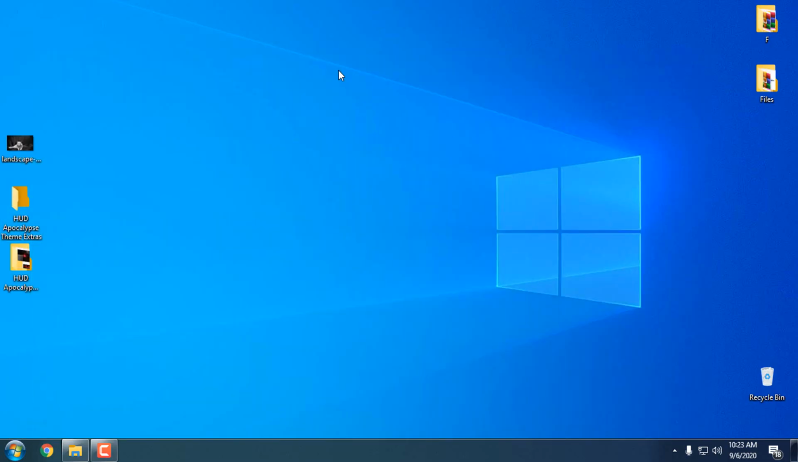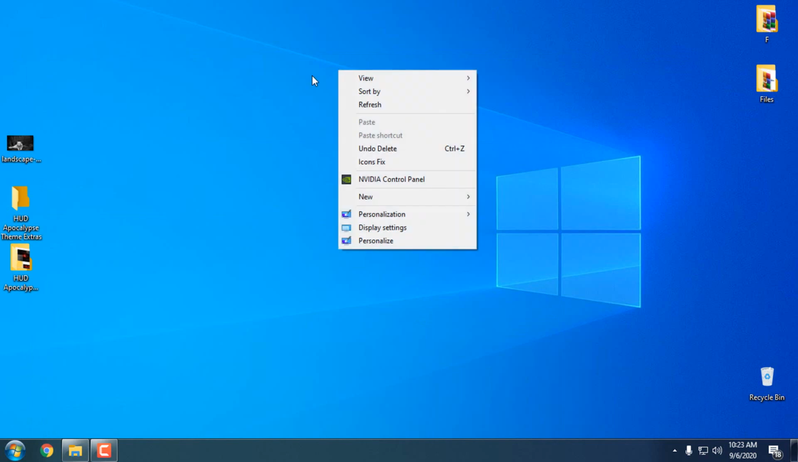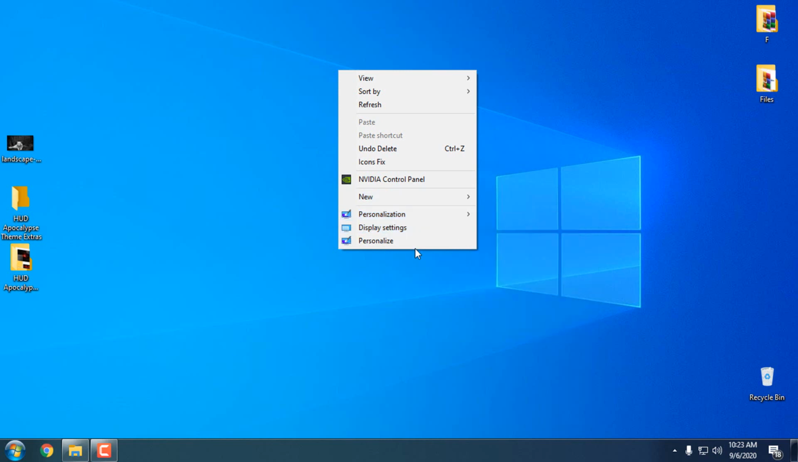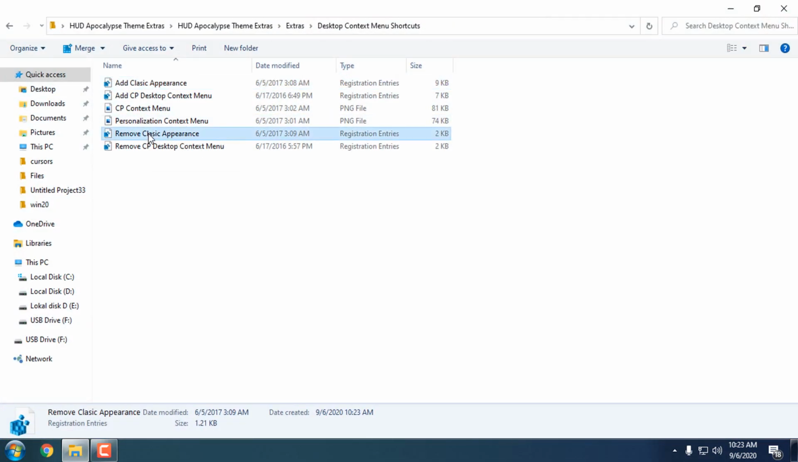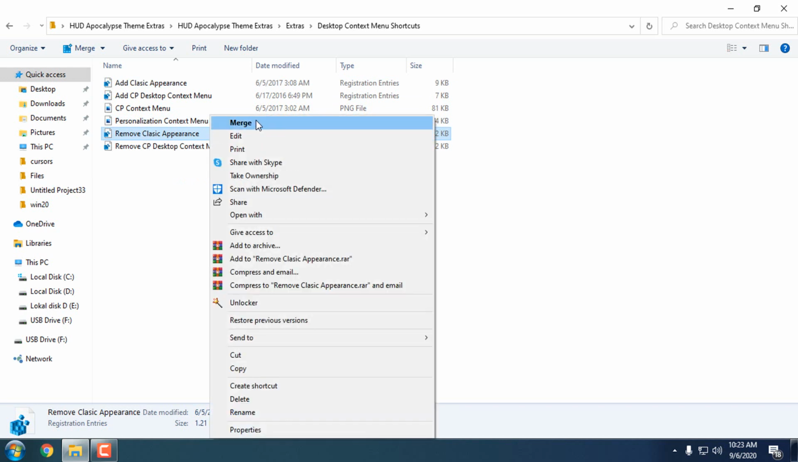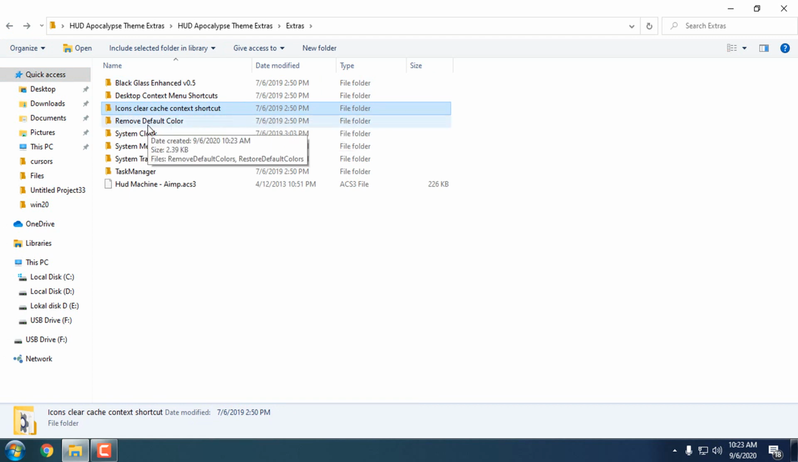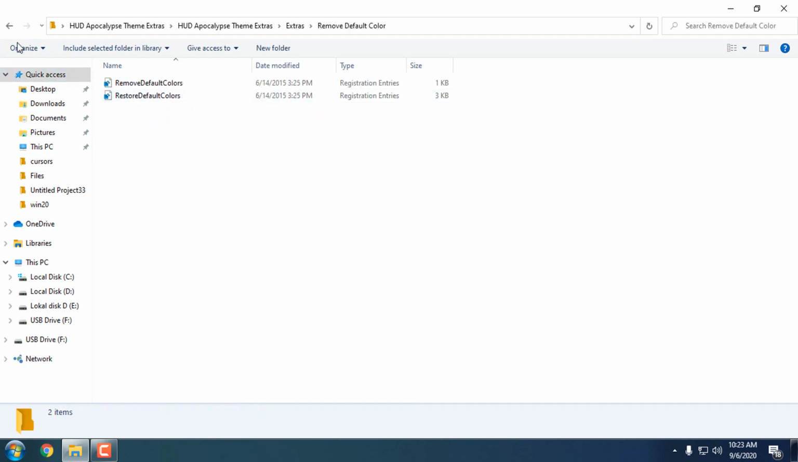So right now you can see on my right click context menu I have the shortcuts for personalization. If you don't want this, you don't need to install this, but I like it. Also, if you want to remove, just merge the remove classic appearance, merge and click yes, and that's it. Go back. I'm gonna skip this folder, icons, clear cache, context shortcuts, remove the full colors,